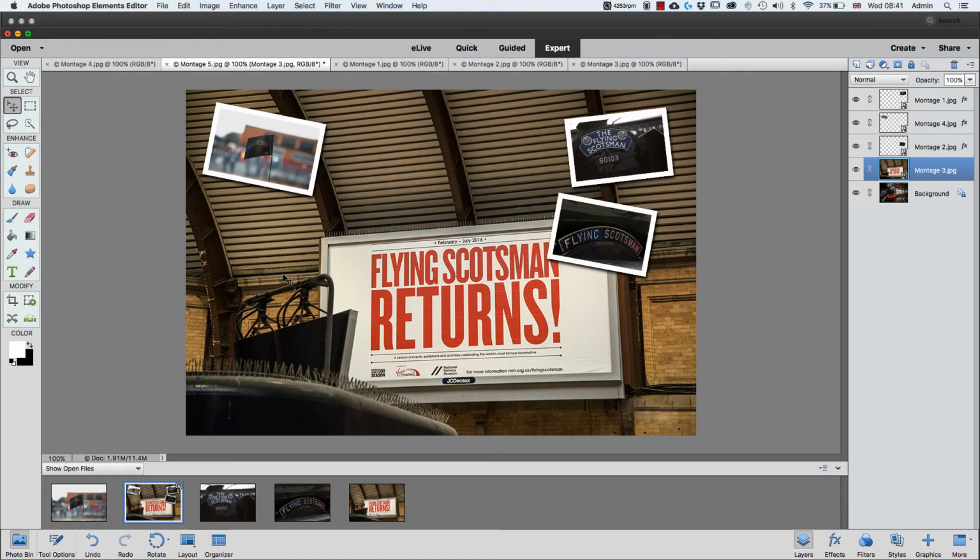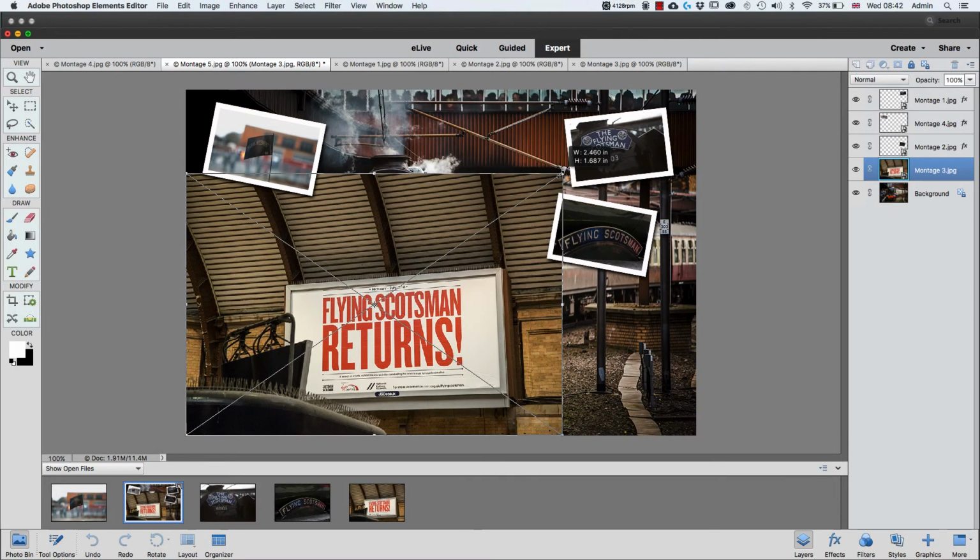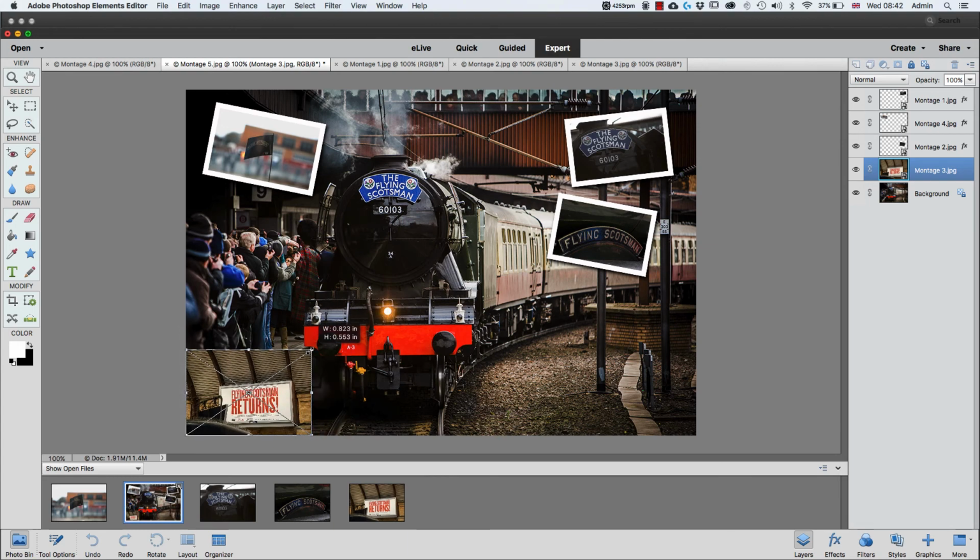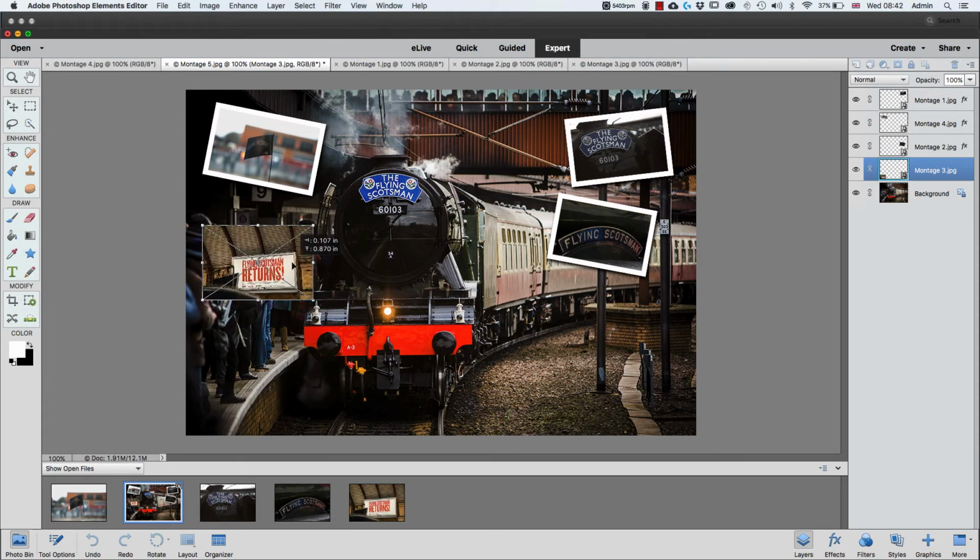Again, what is it for transform? Yeah, you're right. It's Command and T, or Control and T if you're on a Mac. So I'm going to hold the shift key down again and drag it down, make it about the same size, drag it into position. I'll drag it up here somewhere like that, move outside, rotate it a little bit